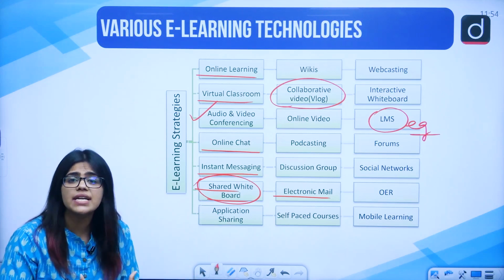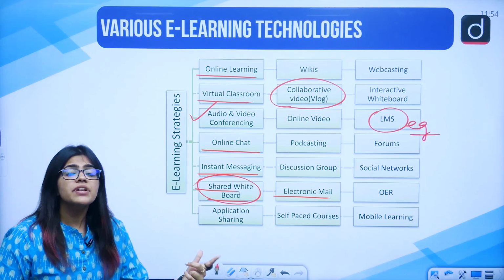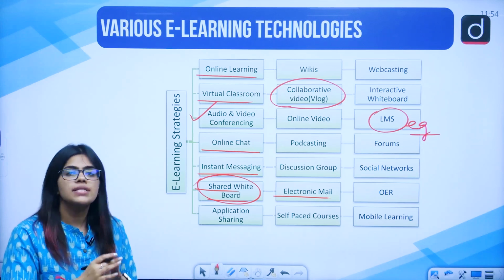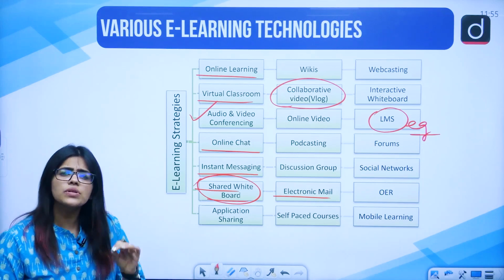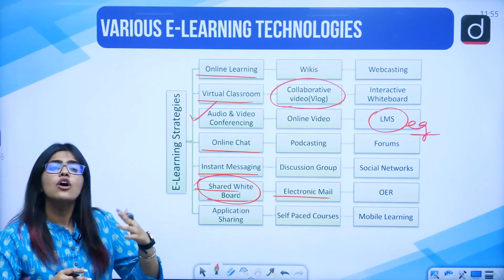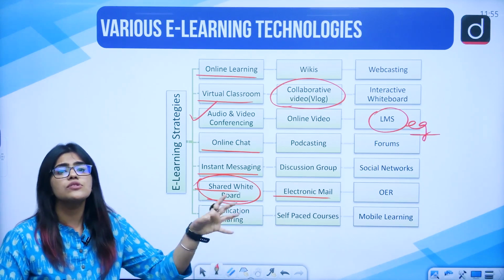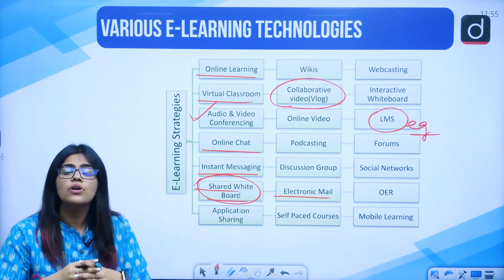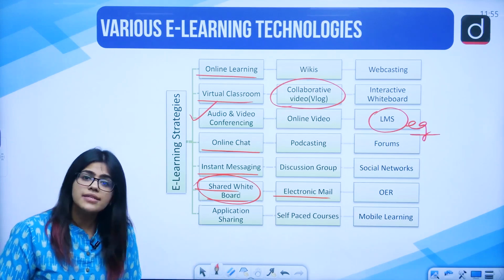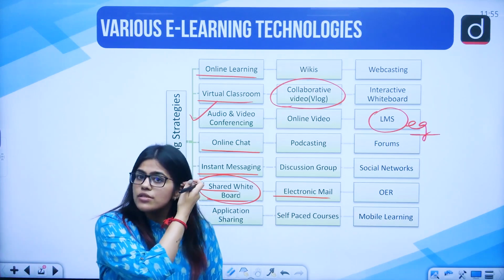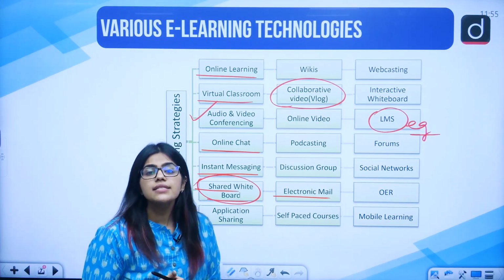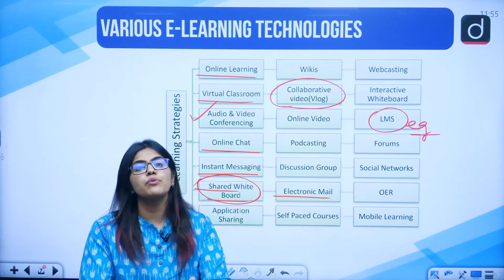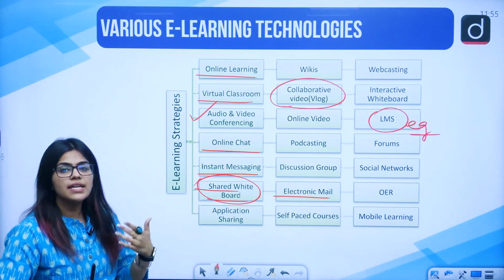Now what is collaborative study? Collaborative studying is different from cooperative studying. Cooperative is when you cooperate with someone and then you are studying. This means that one person knows something about this particular topic and you are cooperating with another person. They are also coming up with some set of things that are different from what you know, and then you come together and put your points together. Right? But collaborative study is different from cooperative study. In collaborative study, you will bring some facts, they will also bring some facts, you will join these facts and a new thing would be created. Right? So these kinds of studies can be there.